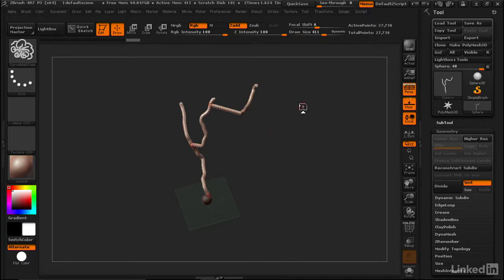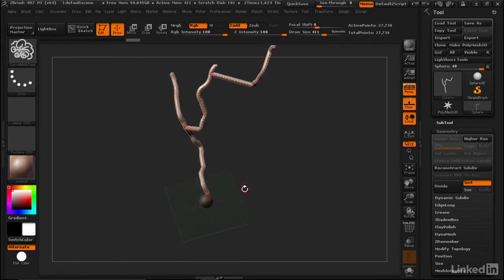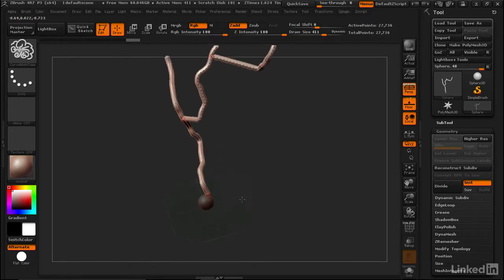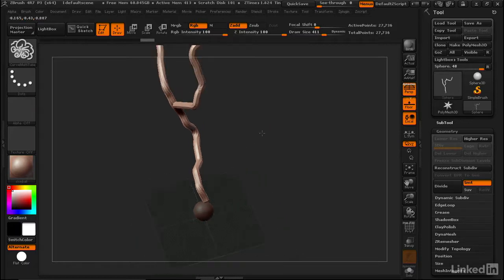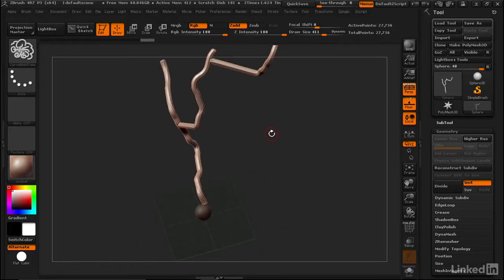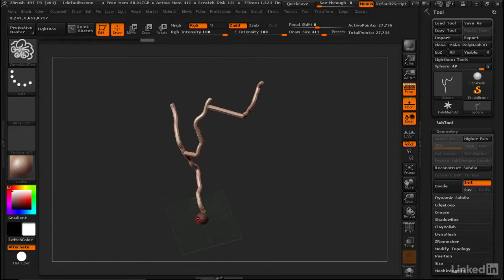Okay, now that we've got a start going with some branch shapes, let's go ahead and clear the curve by clicking in an open area without being close enough to where it creates that red line. So I'm just going to click right here on the sphere so we get rid of the curve. Now we're just left with the geometry. Now let's get some basic thick to thin going here. So I want the base here to be thicker, and then I want them to taper to be thinner towards